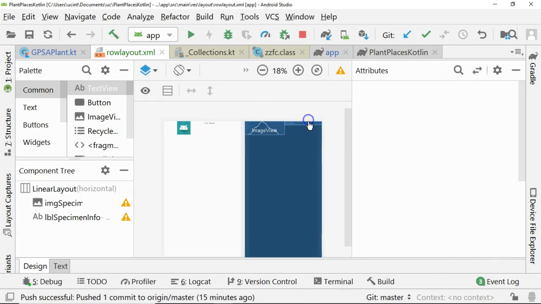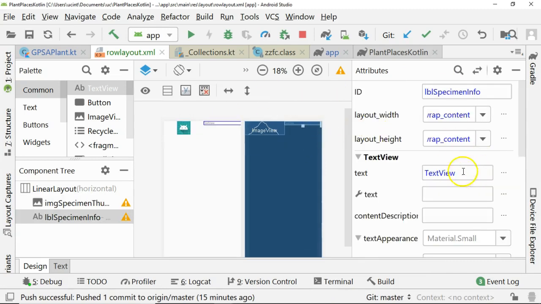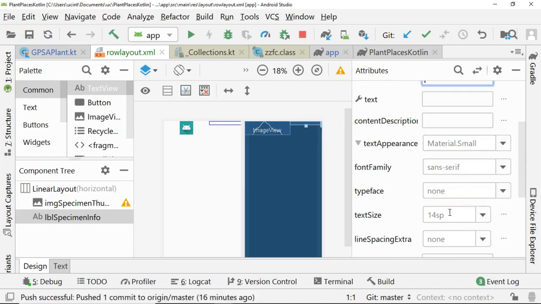On the text view, we also want to remove that text that's in there because it isn't really doing anything for anybody. So we do it just like so. We can play around with layout weight. We could give these both a weight of 1, so they take up roughly equal space. We can finagle that later. Not terribly concerned about that for this demonstration. So now at least we have a layout, and we are ready to proceed and add the adapter and the